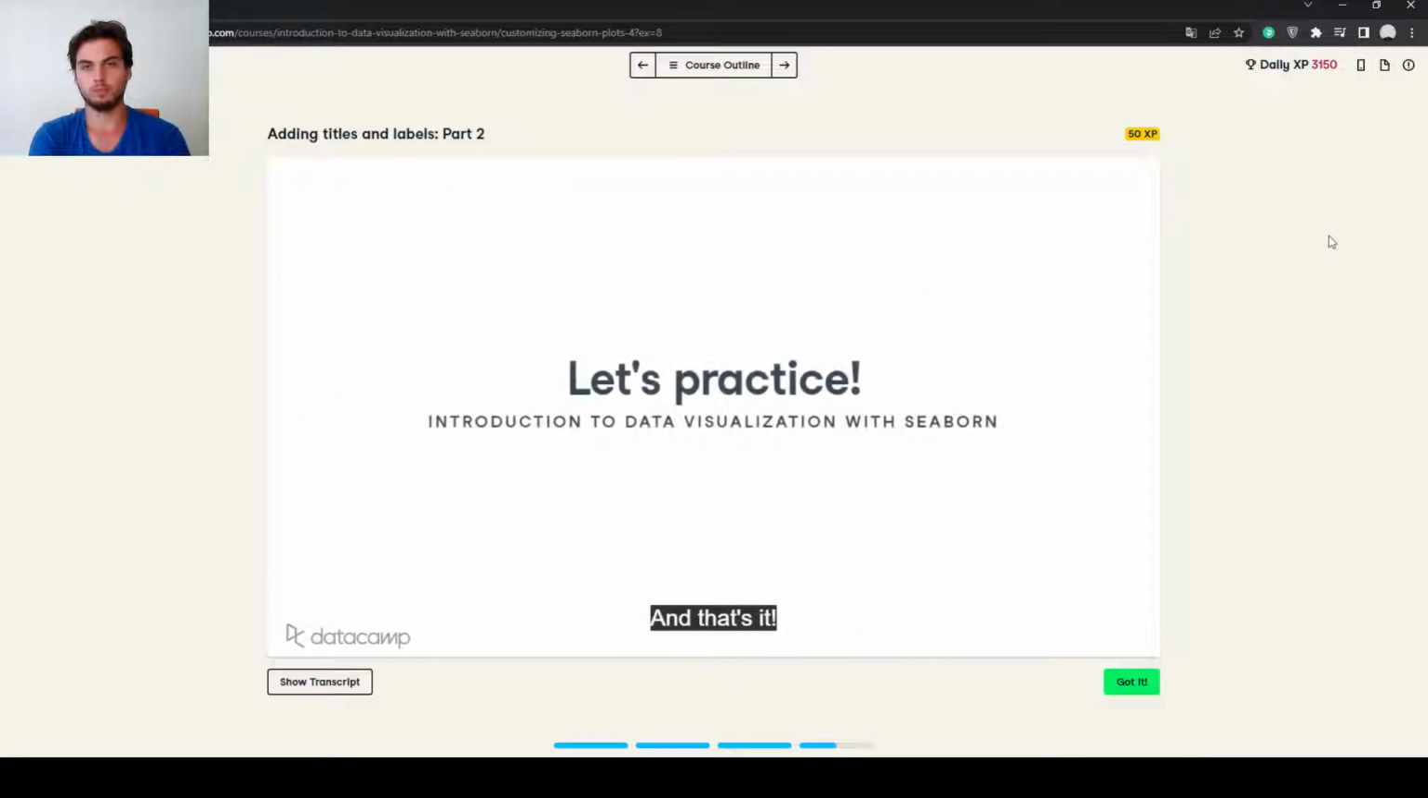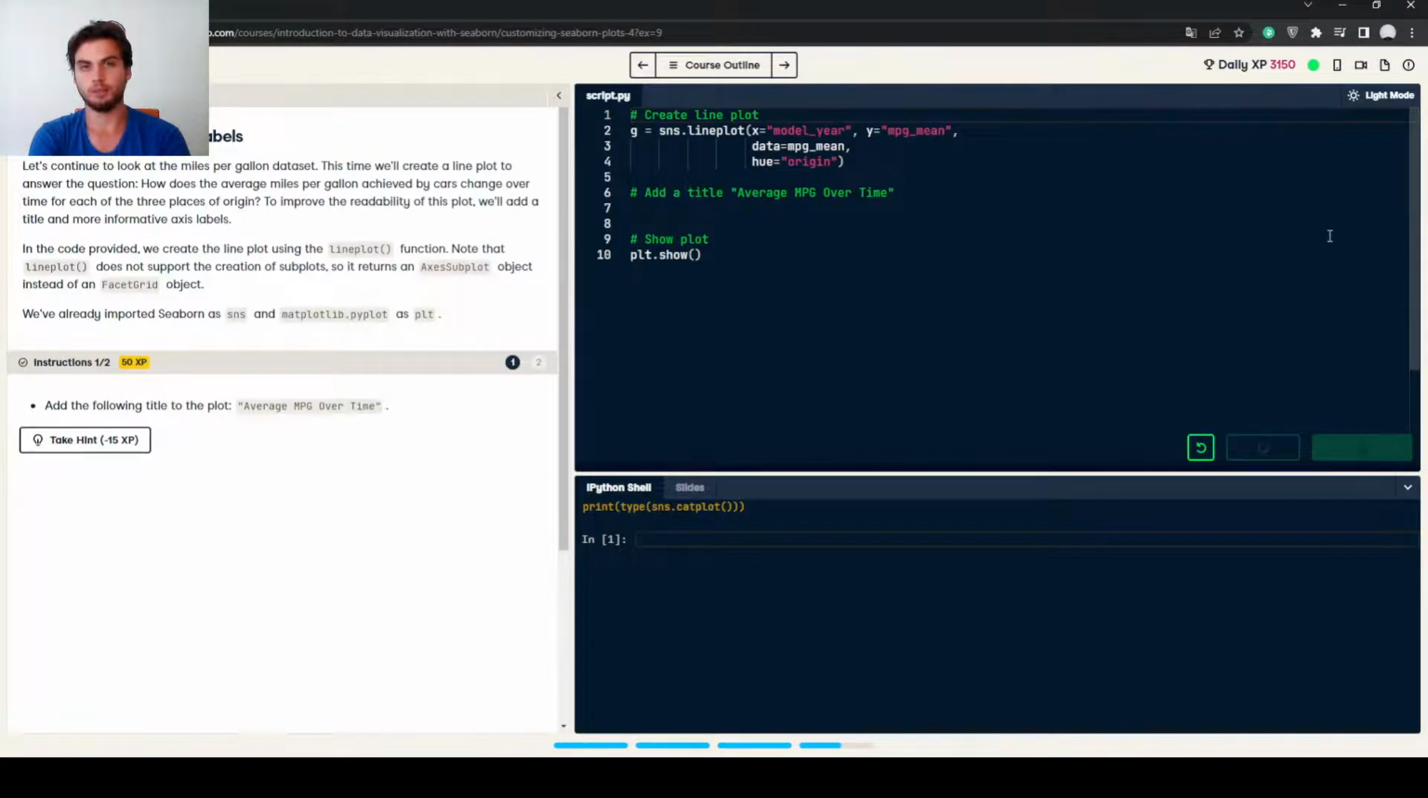And that's it. Now it's time to create some clear and informative visualizations. Add the following title to the plot: average MPG over